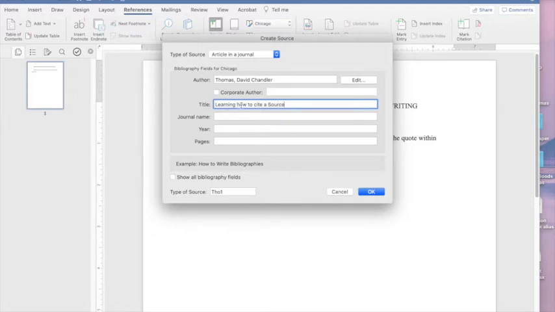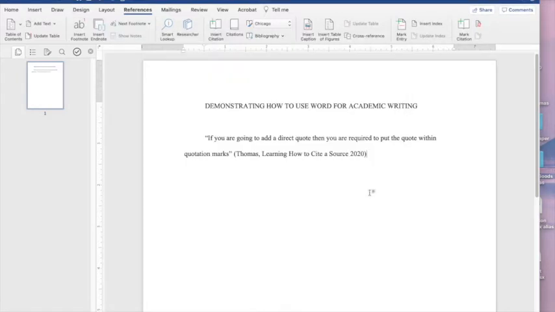And you normally make this in upper lowercase, the title. And let's say it's in the Writer's Journal. It came out in 2020, and it's on page 35. Okay, so now you put that together, you click on OK, and that will put the citation in there for you,